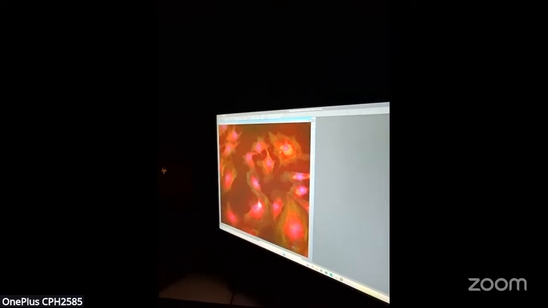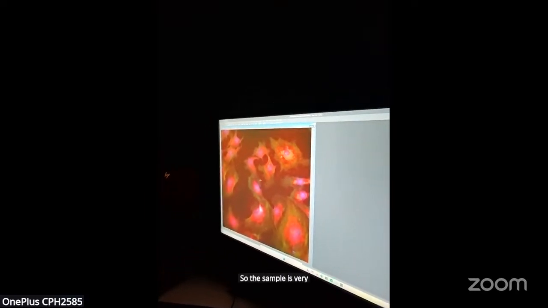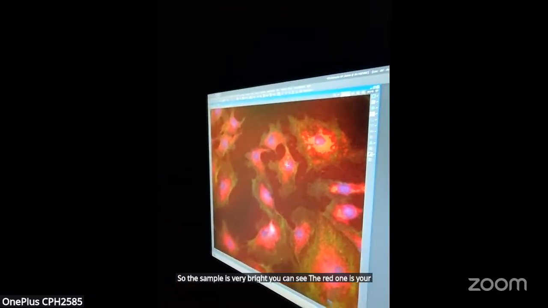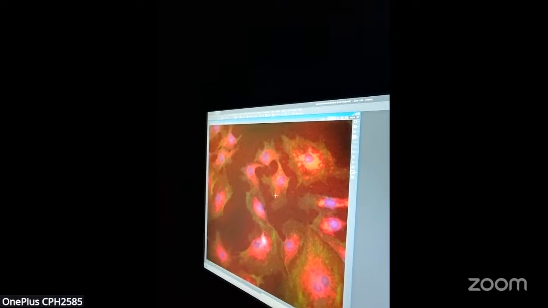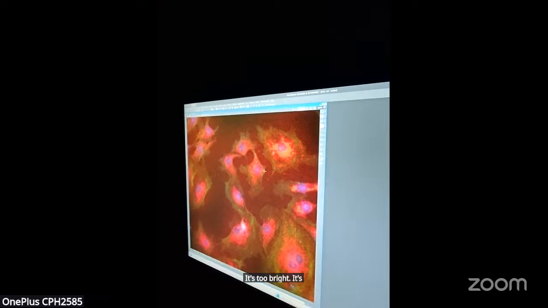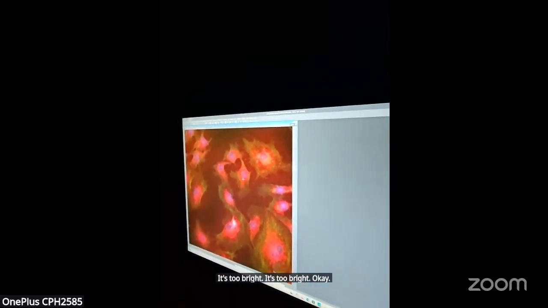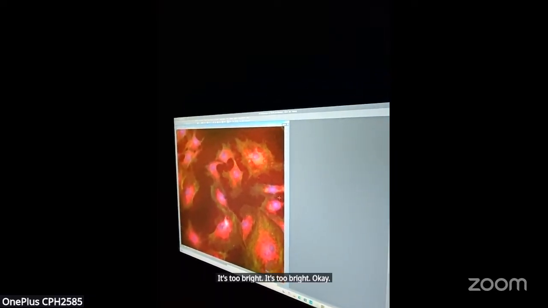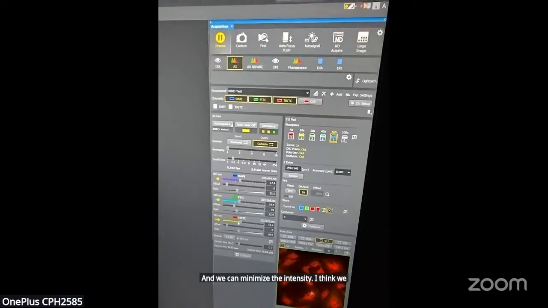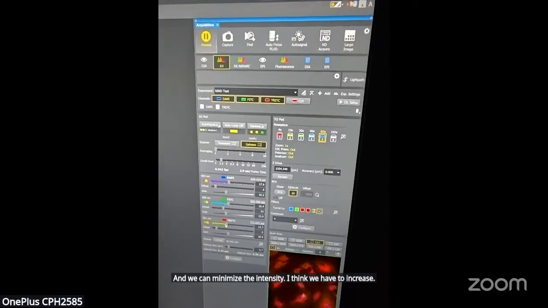So the sample is very bright. You can see the red one is your mitochondria. It's too bright. We'll do live first, and we will minimize the intensity. We have to increase green and decrease TRITC.